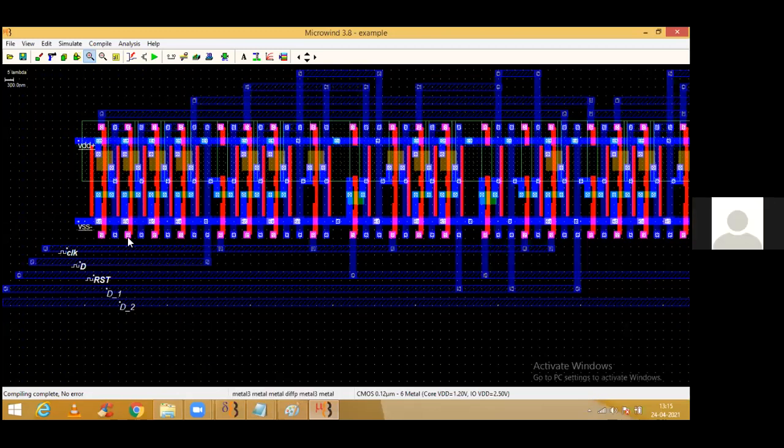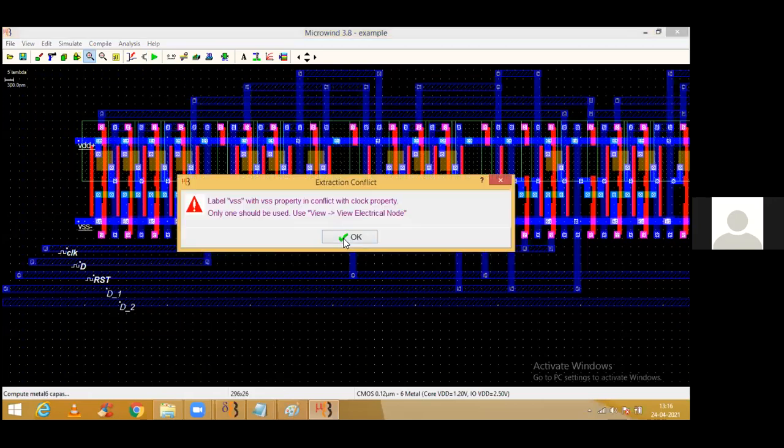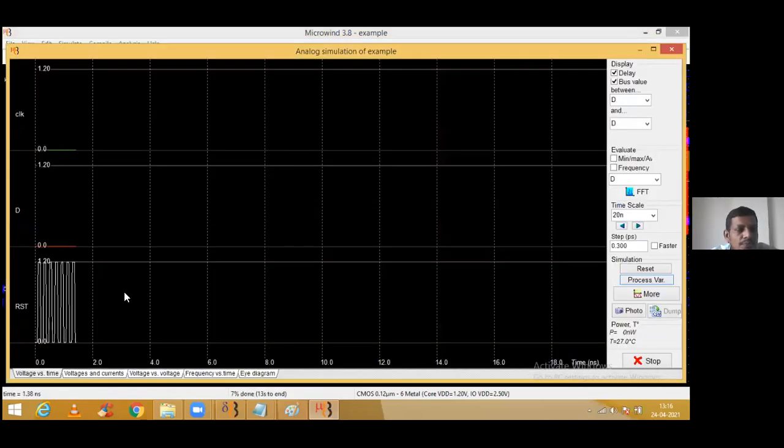Yes, sir. The thing is that whatever reset we are applying over here, it is acting as a clock. It is a continuous signal as of now because we are simply converting that into its layout. But what should it be? It shouldn't be a pulse that is one a single time and zero all the rest of the time. If I'm simulating this one as of now.